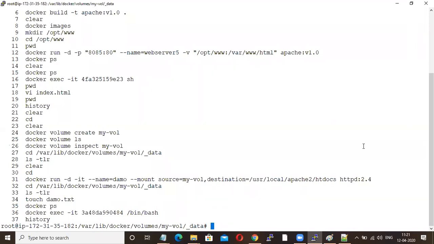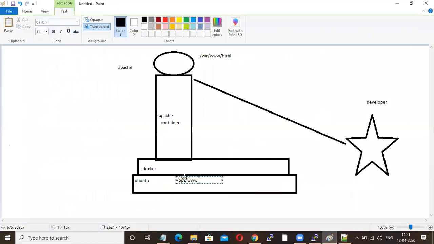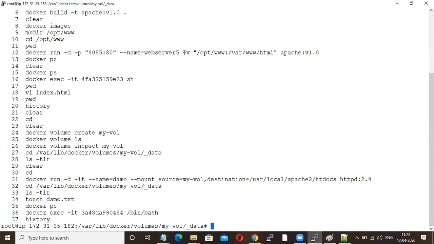The second use case is this one. You have an Ubuntu machine, you have installed Docker, then you have an Apache container, and this is your Apache application. This is the default path for Apache. Now your developer is asking for access to this path. If you give direct access to the container, the developer might misuse it. So I create one directory here, opt www, and mount this local file system to the container file system using the argument -v.